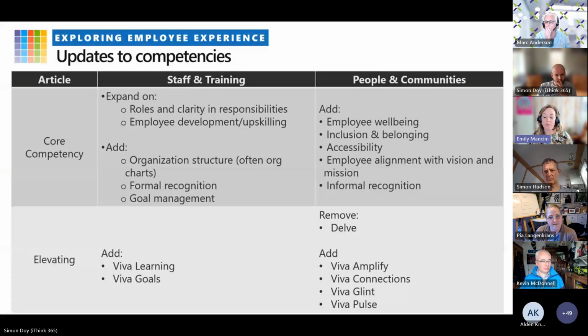Yeah, I like that perspective. You'll see that I started to hit the formal, informal on recognition, because there's formal recognition in your job because you met your roles and responsibilities. And then there's recognition because I was an awesome teammate and did someone a favor and they shouted me out on Viva Engage. So I'm actually starting to see now, also talking about champions and learning, a lot of informal learning and evangelism in people and communities as well. So that's an interesting division for us to explore more.